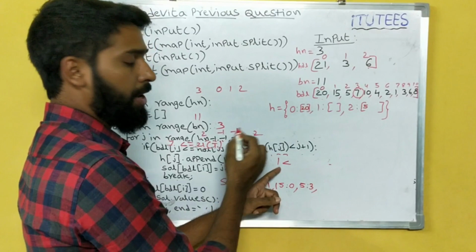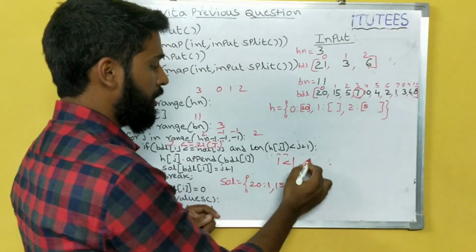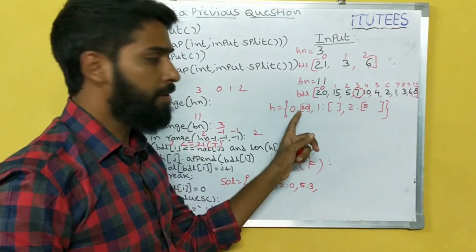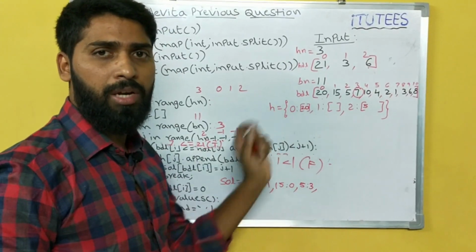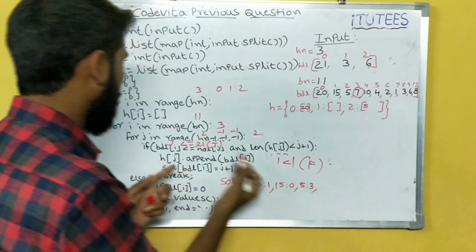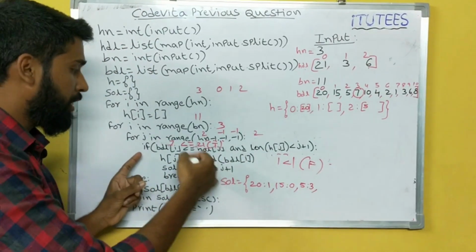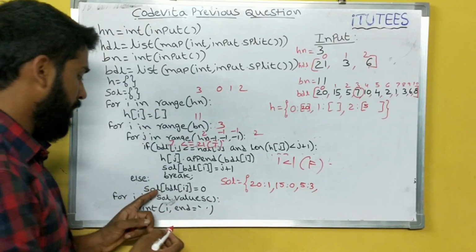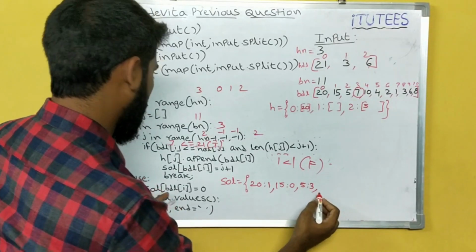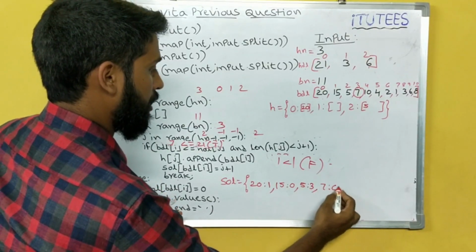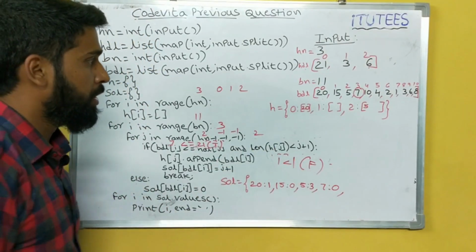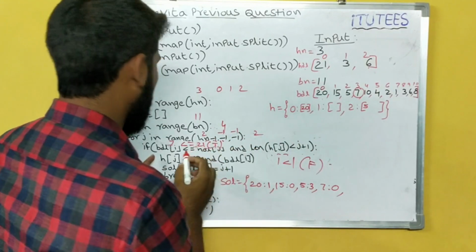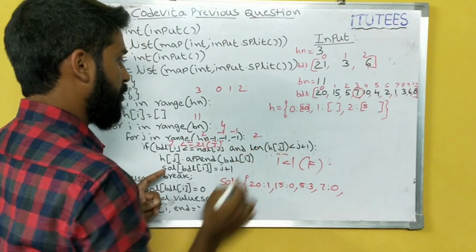Less than, what is the j value? 0. 0 plus 1, 1. That is false. Why? So we can accommodate only one ball in the first hole. So already that is filled with the 20. So false. Break is not executed in this scenario. So go to else block. You can store it here. What is it? 7 does not fall in any hole. Next I becomes 4. So next again j becomes 2.